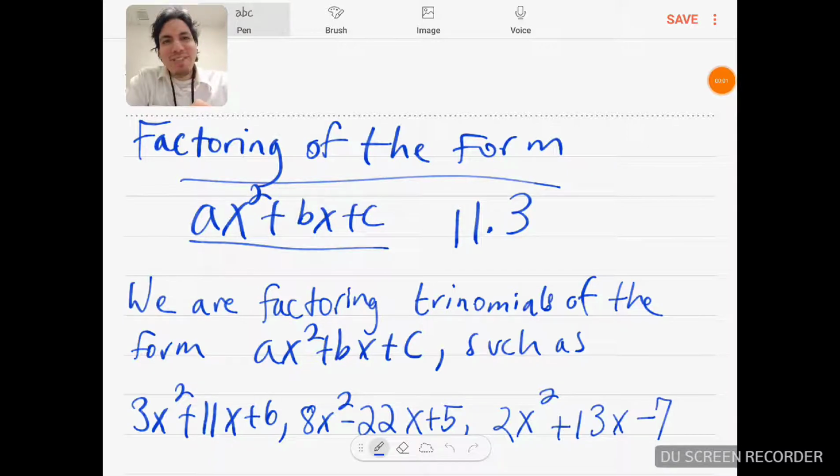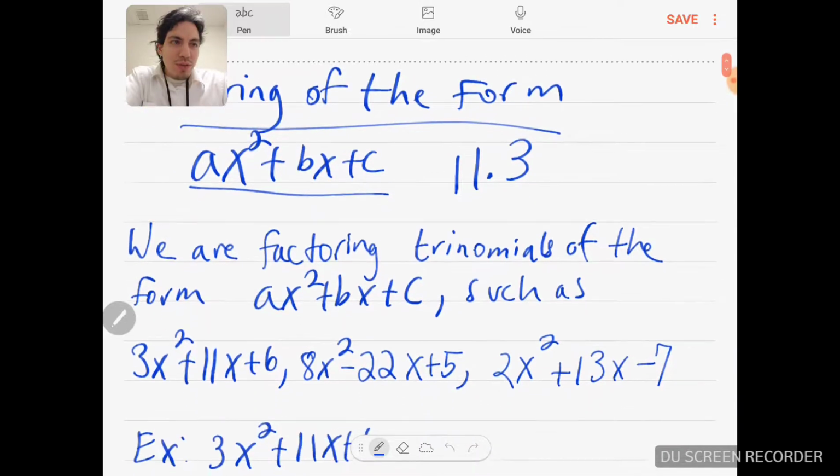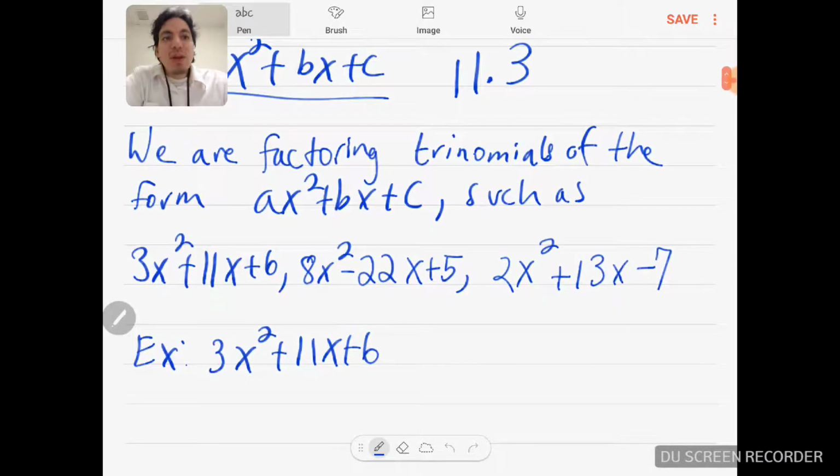Hey class, Absolute 5 here, and today we're going to talk about factoring of the form ax squared plus bx plus c. Now this is slightly different because there is going to be a constant or numerical coefficient in front of the trinomial. So that's the difference between this video and the last video. We are factoring